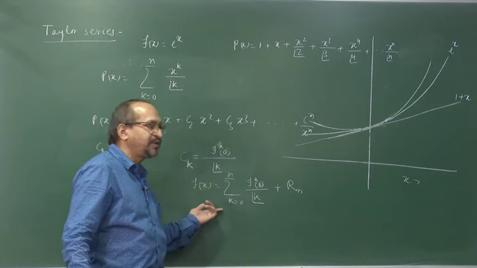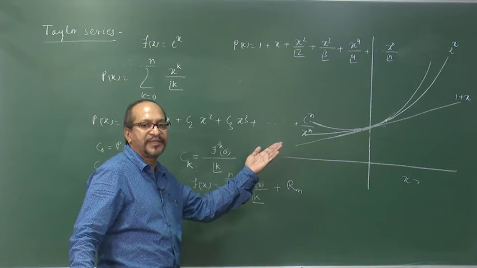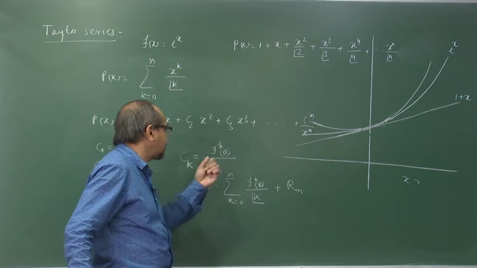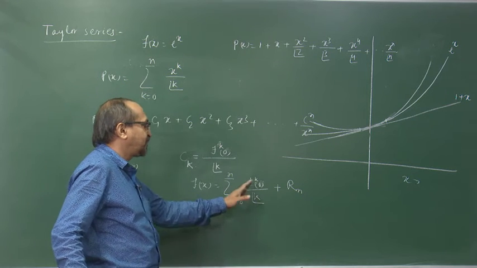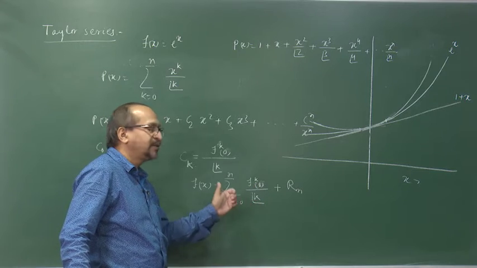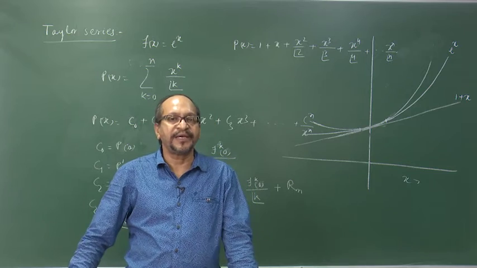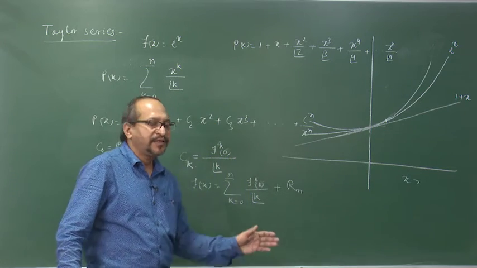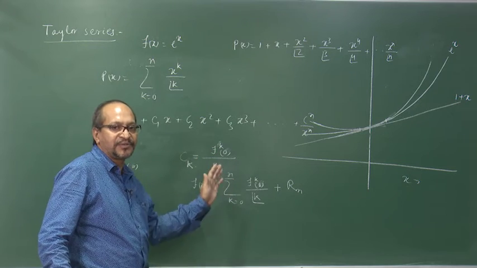This is the theory of this series function, and this kind of series we are taking is called a Taylor series, where the coefficients are like this: f of k, the kth derivative of f at 0, divided by k factorial, is the coefficient of x to the power k, and we have expanded this function as a series about x is equal to 0.